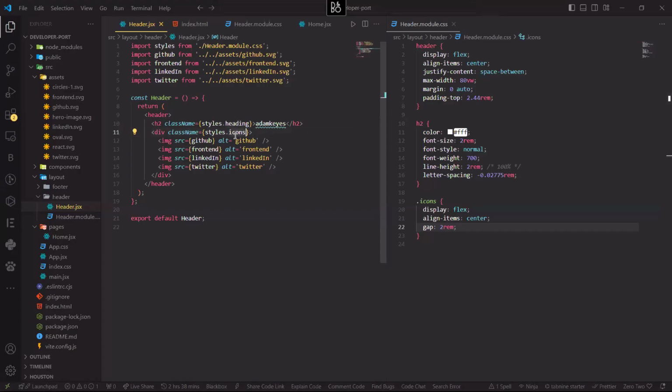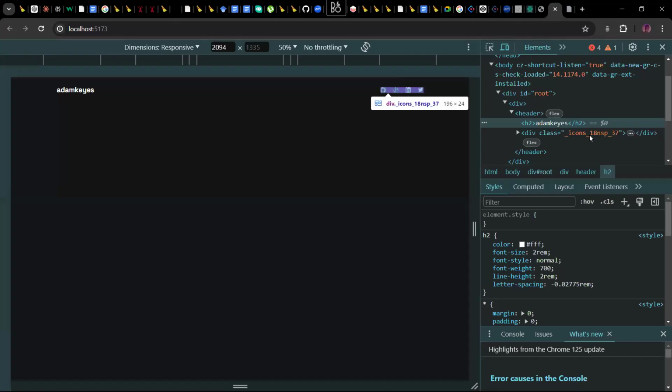This is the class name for the icons. But if you notice here on the class name, you can see a hash like 18NSP underscore 37. So this particular hash added to the class name is what enables that particular class to be solely for that icon. So even though you have another icon elsewhere,